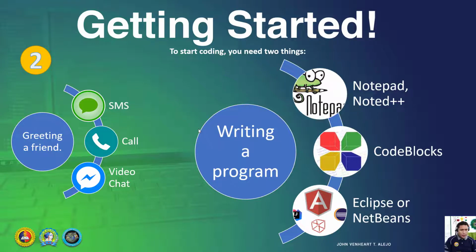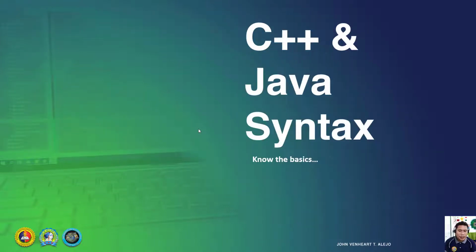So we already know the languages and the compilers that we're going to use. We selected C++ and Java, so we have to download the JDK and the GNU compiler. But the good thing is, if you use an IDE like Code::Blocks or Eclipse, the compiler download is automatically included. So no need for much hassle. Okay, so you now have the IDE included with the compiler. So we will now go to the syntax.